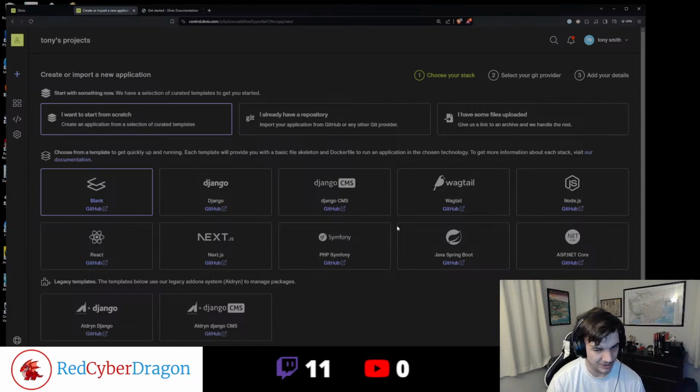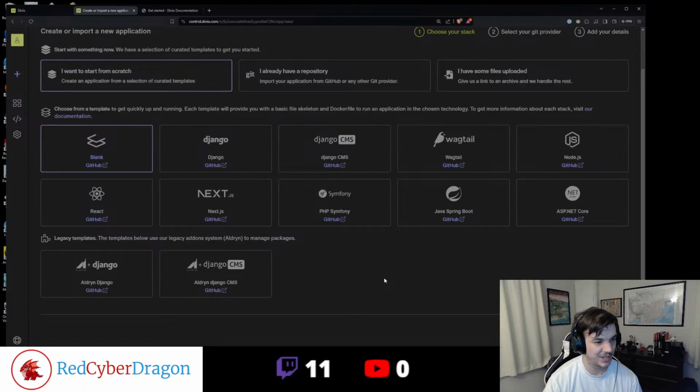So what I'm going to do is actually show you how to do a blank one and load up all of the things that we need, right? Because I'm going to use a different template. It's going to have a little bit different authentication and stuff. It's going to have some packages I like. It's sort of a custom template that I like to use. So we're going to go with blank. All right, we're going to start from scratch, go with blank,